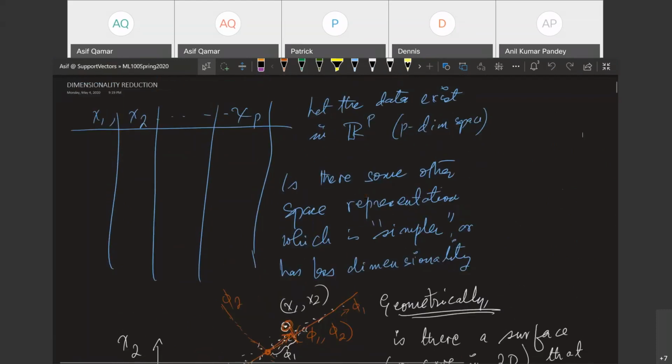Dimensionality reduction says that, let us say that the input feature space you are given. Is it at all possible that data is actually not uniformly spread and occupying the entire feature space, but it is actually occupying a very limited subregion of the feature space, so that you can find a hidden surface or hypersurface, the technical word being a manifold, so that most of the data is sort of either clinging to it or close to it. It's very near that hypersurface or manifold, submanifold. So that creates the notion of dimensionality reduction.